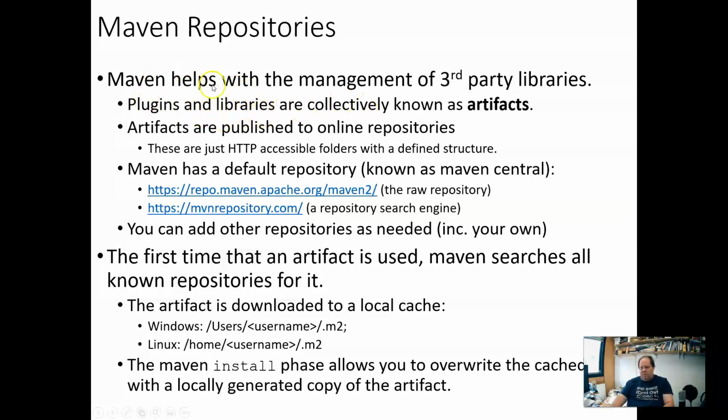So collectively, plugins and libraries are known as artifacts, and artifacts are published to online repositories. These online repositories are just HTTP accessible folders that contain a well-defined structure. You can go and have a look at that because there's a default repository, which I always call Maven Central, that is provided by default with Maven. And here is the URL of it. You can click on that and go and have a look at it, and you can see the raw repository